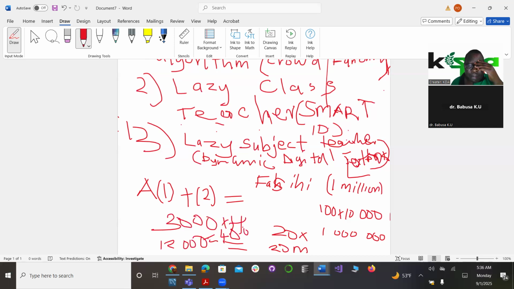48,000 per month. But look here, this is still not a fair deal. This is not a fair deal for you because you are generating 20 million. So, your pay will be computed using an algorithm like that one of Uber. You see, when an Uber passenger gets into an Uber car,